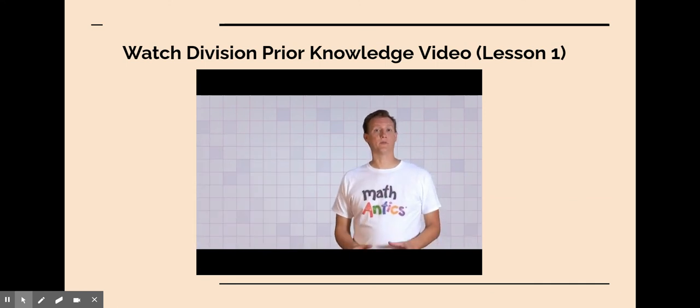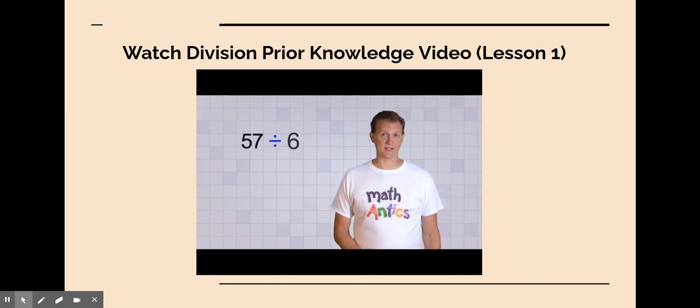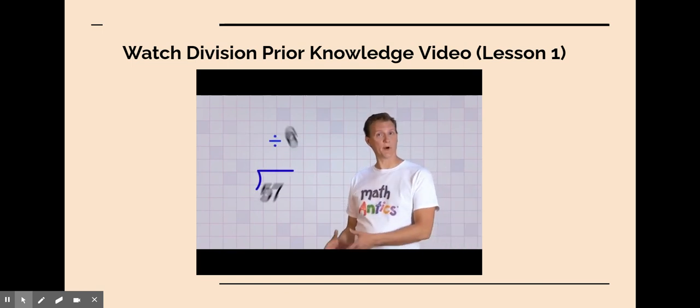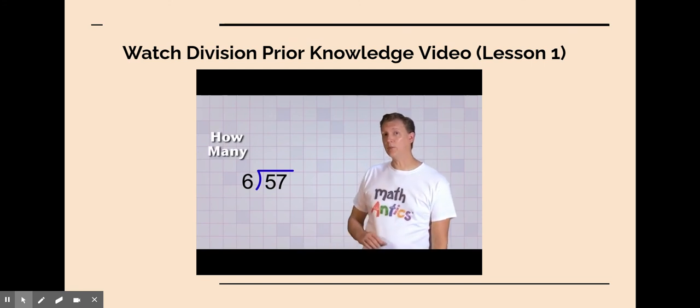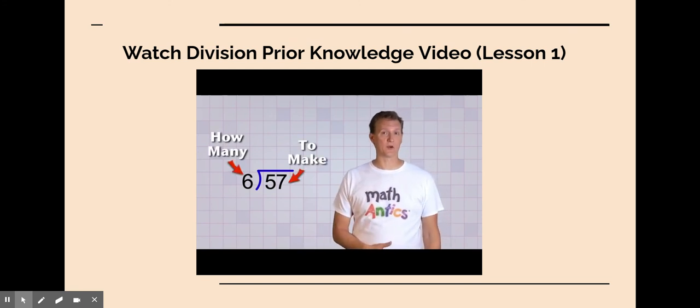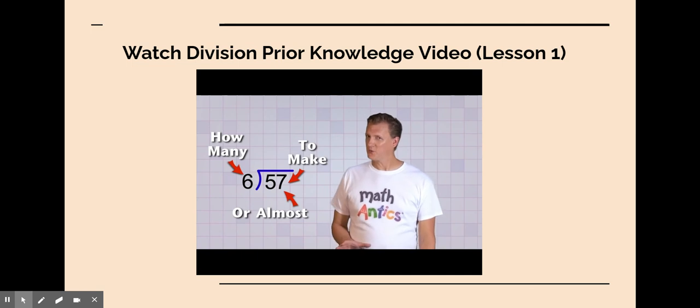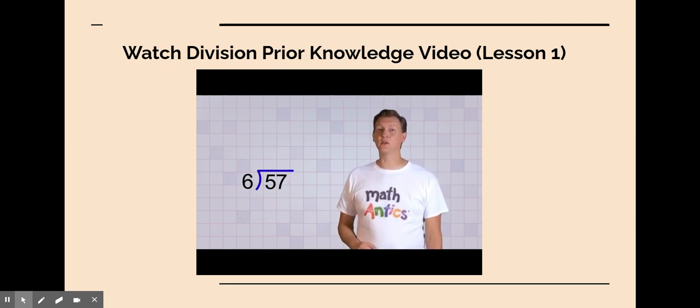Let's do one more before you try working some out on your own, okay? Let's do 57 divided by 6. First, we set up our problem, and then we ask the question, how many 6s do we need to make 57 or almost 57? Well, this one's a little more tricky, so I think I might use a multiplication table